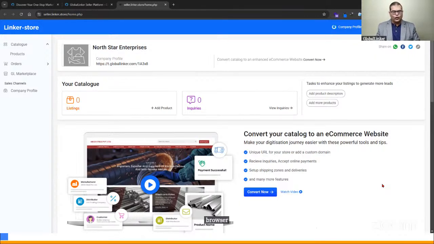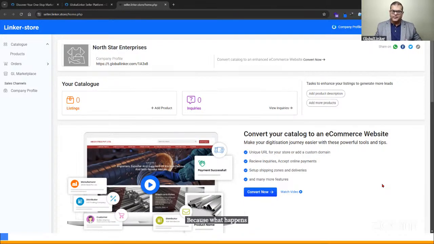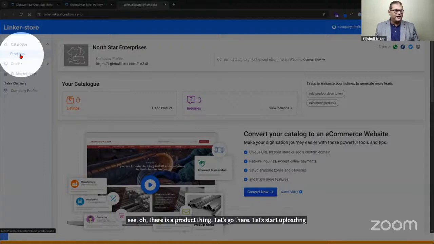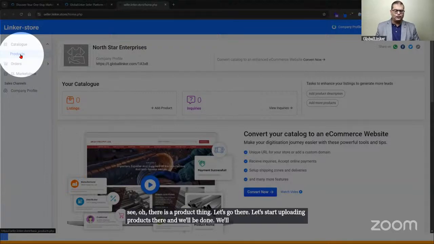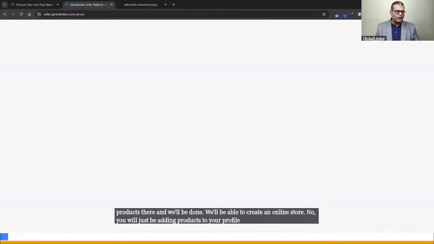Now, once you are on this page, it is extremely important that you do not get confused. Because a lot of people see there is a product option and think, let's go there, start uploading products, and we'll be done, we'll be able to create an online store. No, you will just be adding products to your profile, and you should not do that.